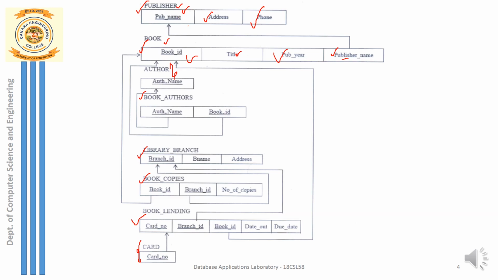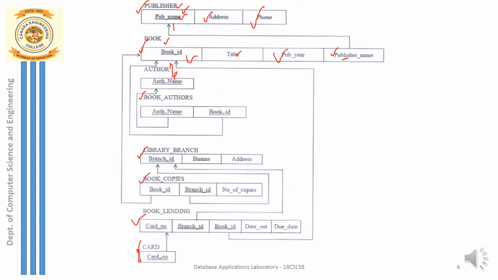The different books with different titles and different publication years will definitely be published by some of the publishers. And from where do we get these publisher names? These publisher names are derived from the publisher table. So here we have all the publisher details like Bosco, Pearson, Expert, and all that. These are all the publisher details like name, their address, and phone numbers, which should be part of the publisher table. Then when you speak about the book table, different books with different titles and publication years, the publisher name has been derived from the main table or the base table, the publisher table.